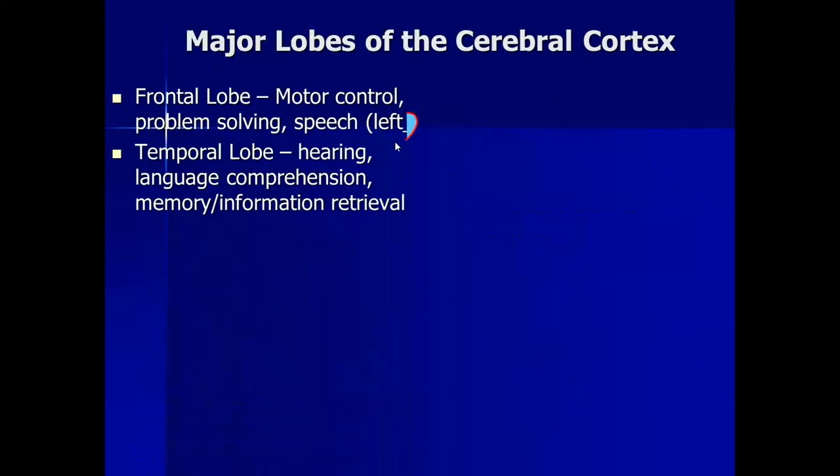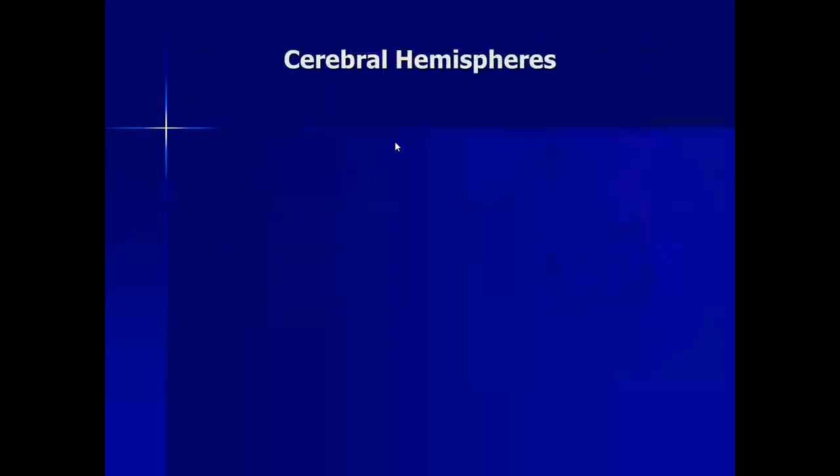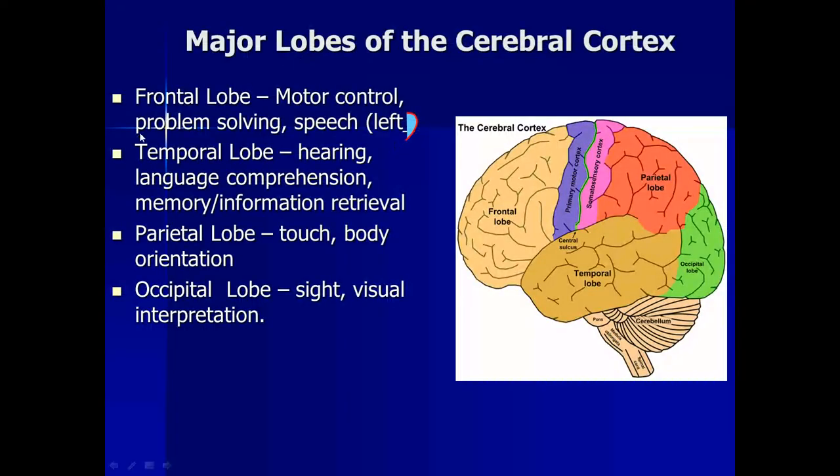All right, major lobes we talked about there. You can see the four of them. All four of them are a testable portion there. All right, and identification there. So as far as this is concerned, again, parts of the brain from a diagram or a scan of the brain even, or a photograph of the brain. Either way, you get that there. All right, so that would, I think, conclude this section of